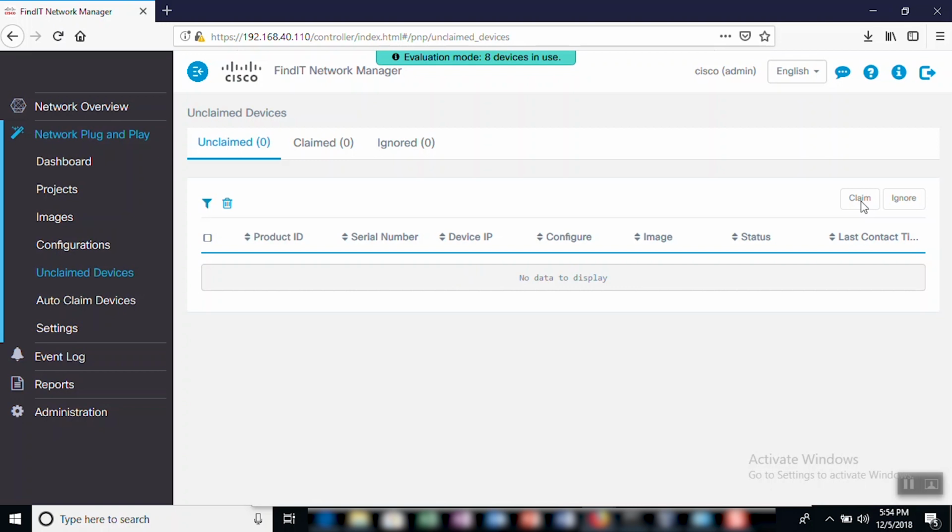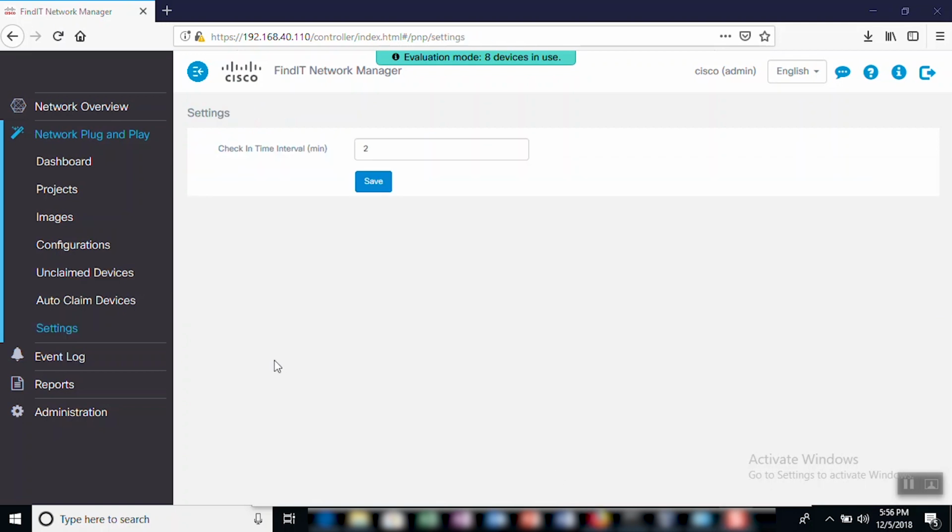We also have the management option to adjust our check-in time interval in the Settings section under the Network Plug-and-Play tab. This interval determines how frequently our PnP server checks for updates. Just type in your desired interval in minutes and click Save to save your settings. Now you're ready to configure your